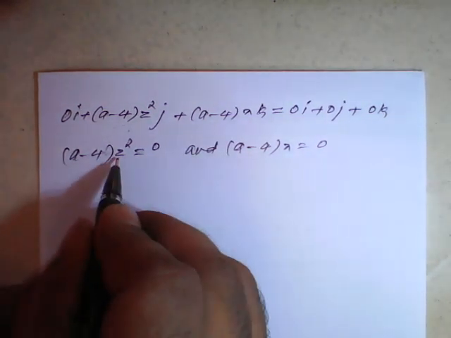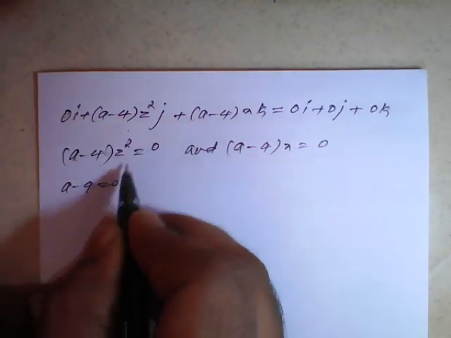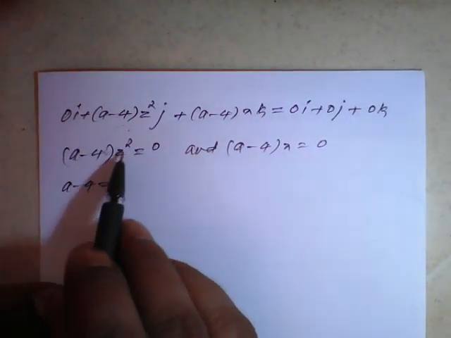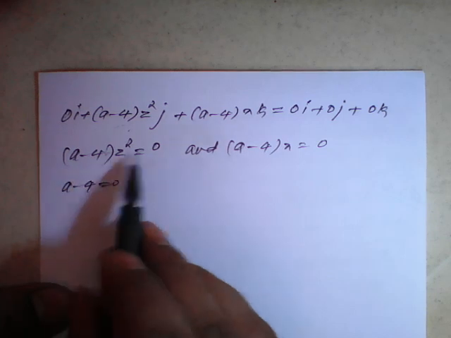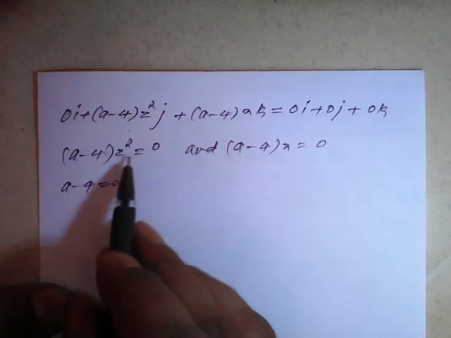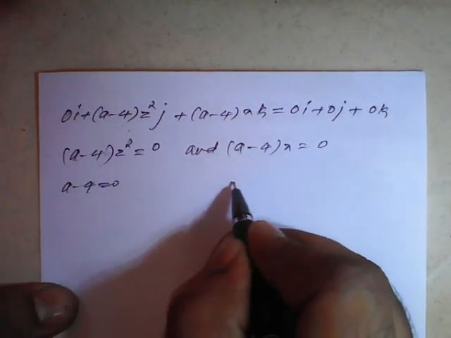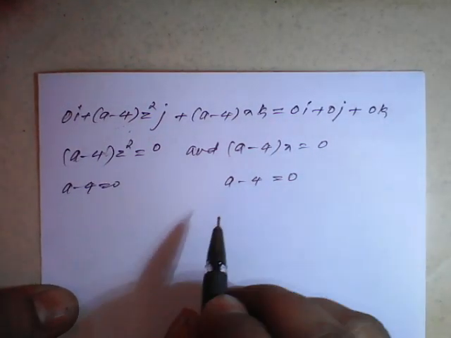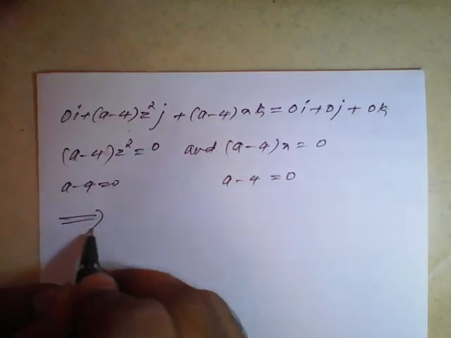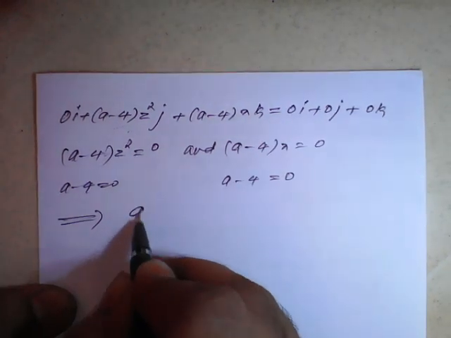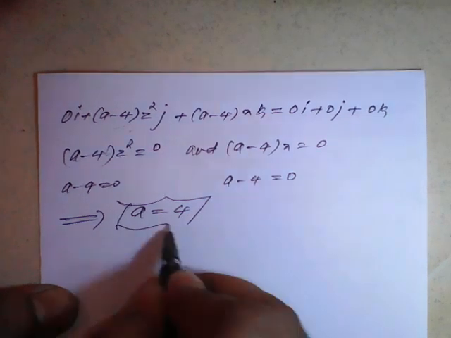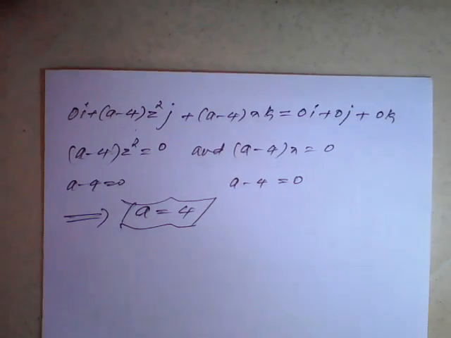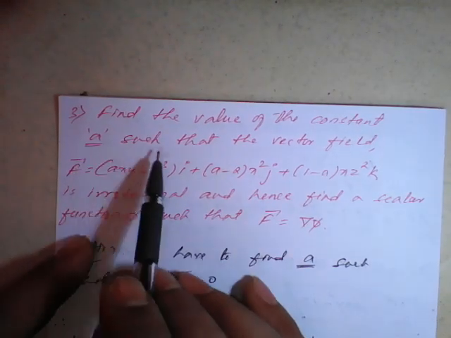So therefore on simplification a minus 4 equal to 0, because z square equal to 0 is meaningless, because we needed the value of a. The first bracket equal to 0 and z square equal to 0, z square you reject it, and similarly here also a minus 4 equal to 0 and x equal to 0, rejected. So among both we can conclude that the common value is a equal to 4. So we have completed the first part of the question, where they have asked to find the value of a.